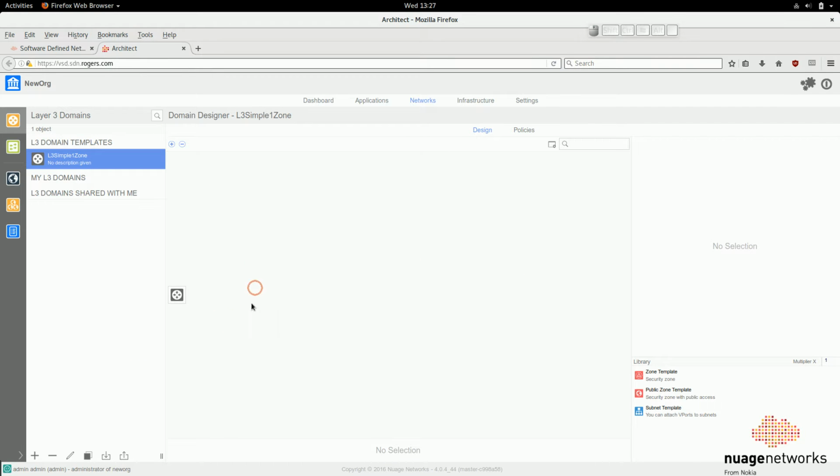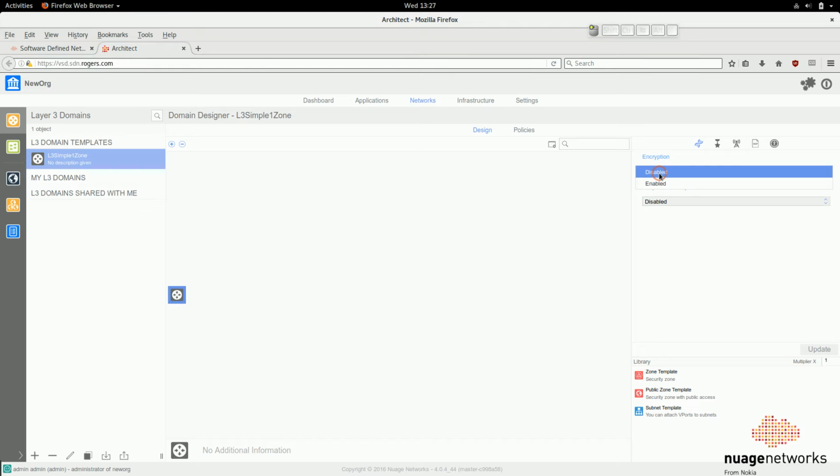This is the basic designer view. This root object here is going to control certain variables that all of the sub objects will inherit, such as whether or not they will be encrypted by default, whether or not DPI will be turned on, if there is a QoS service applied to the entire VPRN or layer 3 service, whether or not we're going to inject or receive channels for multicast from the underlay, if there are any BGP associations, and whether or not we're allowed